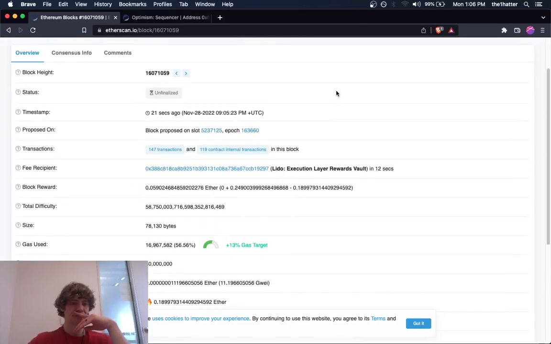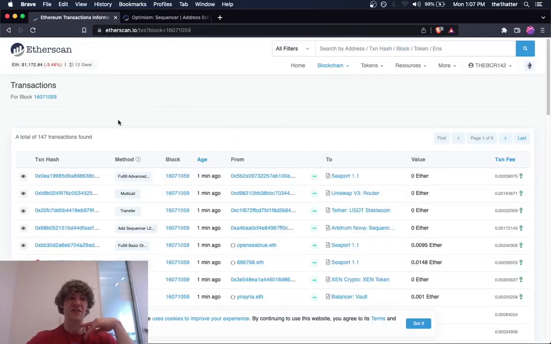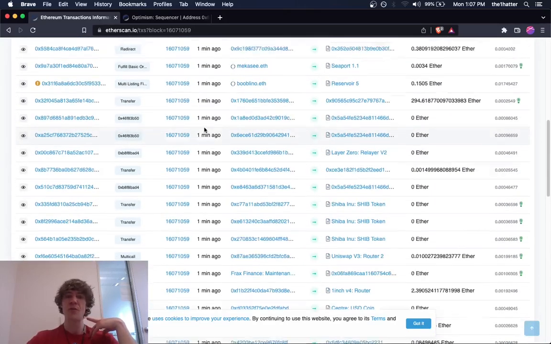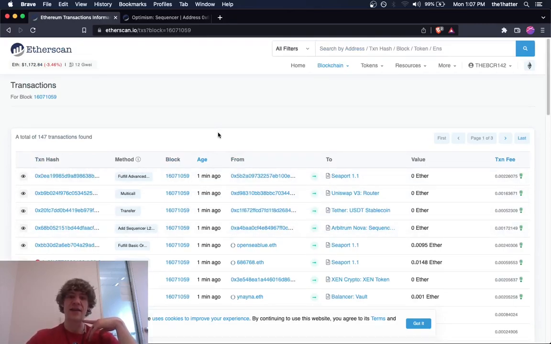In transactions, how many. Each block has a certain number of transactions and contract interactions, and this is how you view them. This is where your transactions get saved. So we can open this up. Transactions for this block. There are 147 transactions, and you can't go back in here and change any of these. Like if I go to